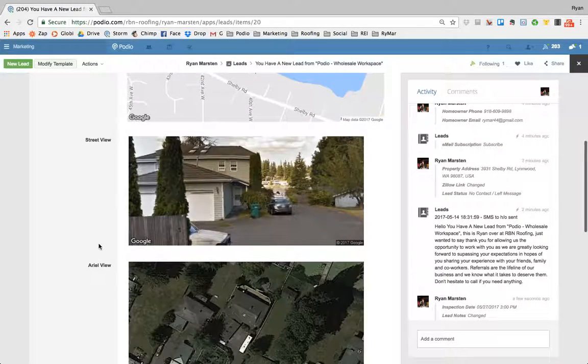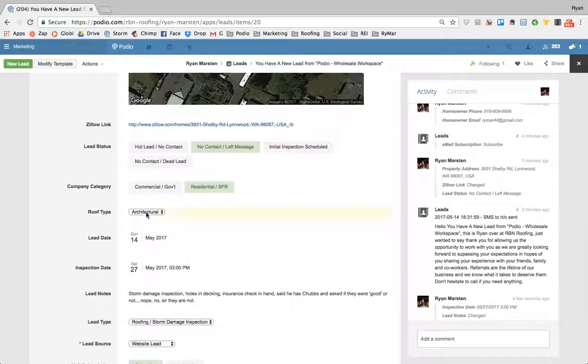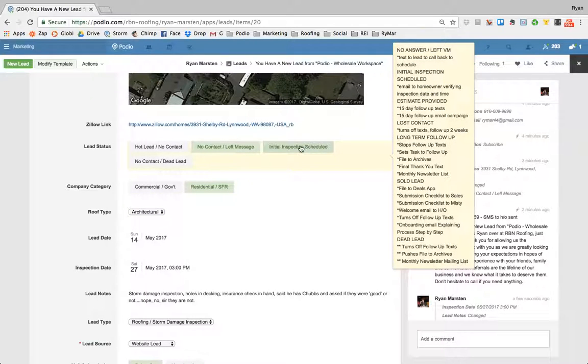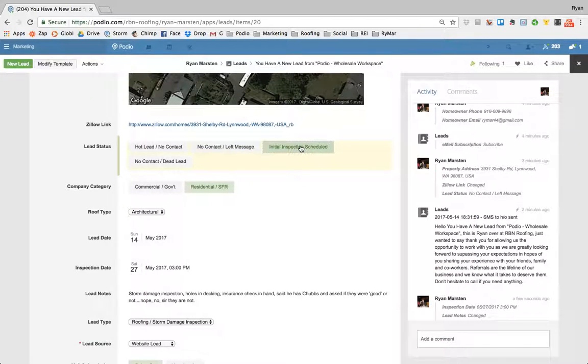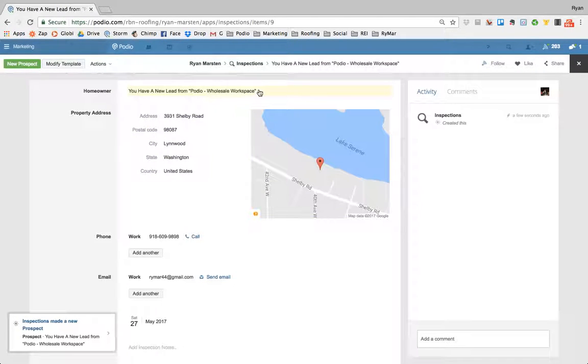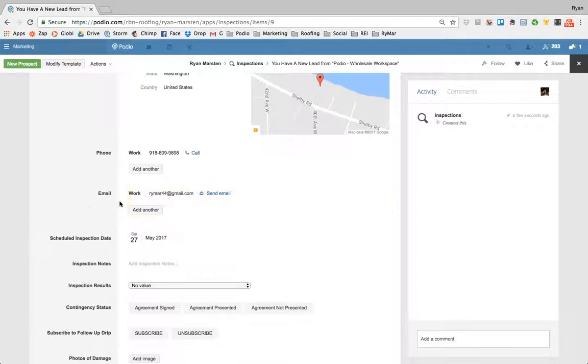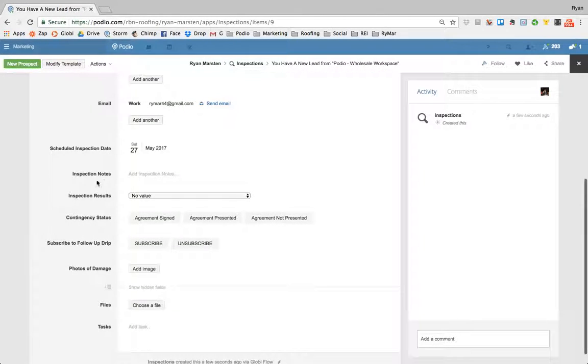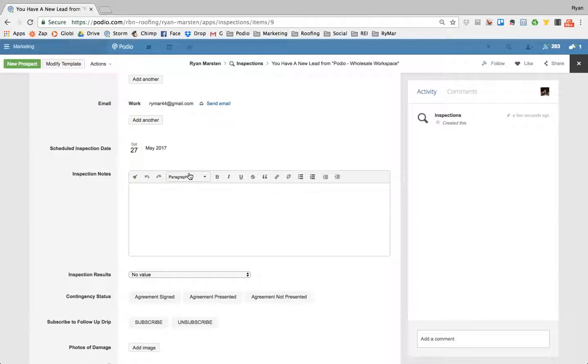Now, I want to make sure I update the status here before I move on. So we're going to move it to initial inspection scheduled. Right when I did that, homeowner just got an email. I got a new item up in my inspections app. It has my homeowner's name. Pulled over the address, pulled over the phone number, pulled over the email, the inspection date. Now this is where